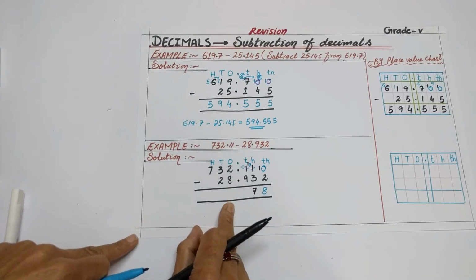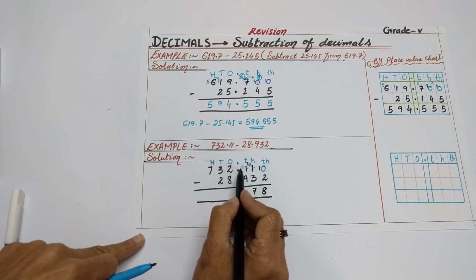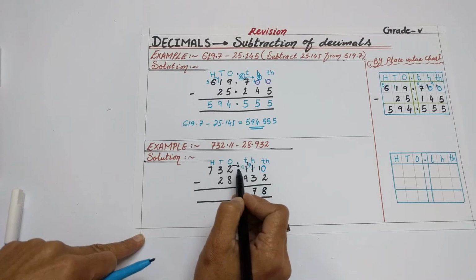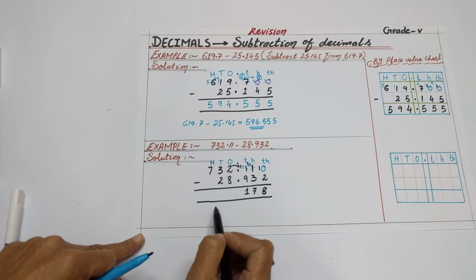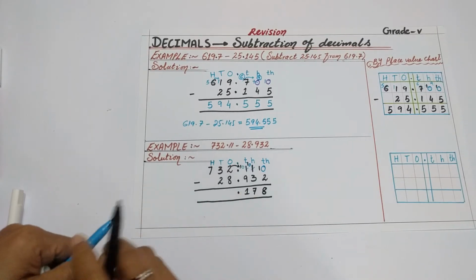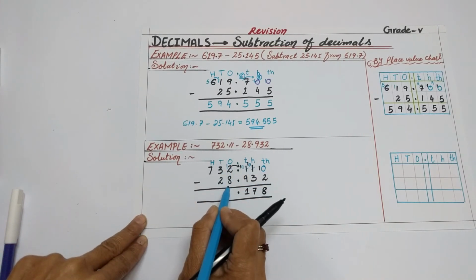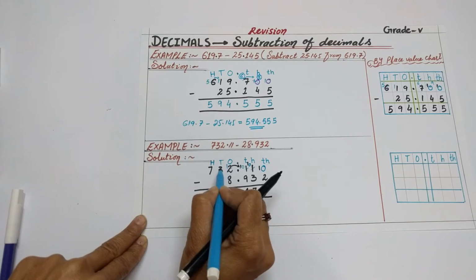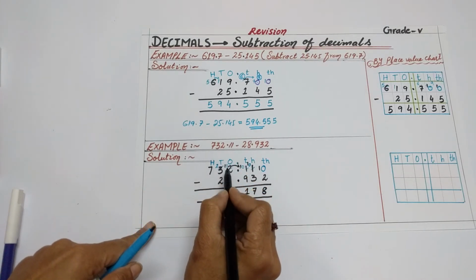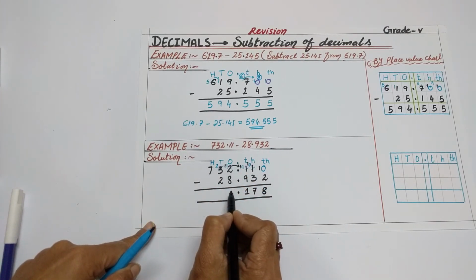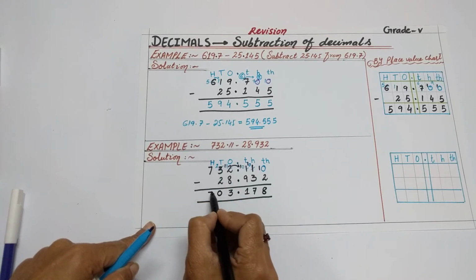Now it's 0. 0 minus 9 is impossible. So we will take the borrow from this ones place. So this ones place, when it gives the borrow, it will become 10. 10 minus 9 is equal to 1. Decimal place. When 2 will give the borrow to this 0, left number will be 1. 1 is again less than 8, so 1 will take the borrow from 3, and the left number will be 2. When 3 will give the borrow to 1, it will become 11. 11 minus 8 is equal to 3. 2 minus 2 is equal to 0, and 7 as it is.